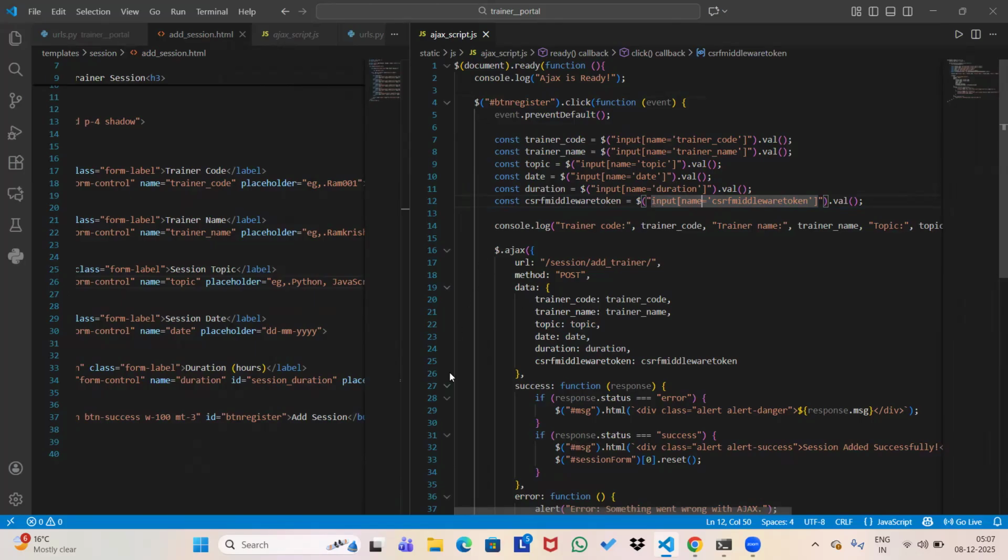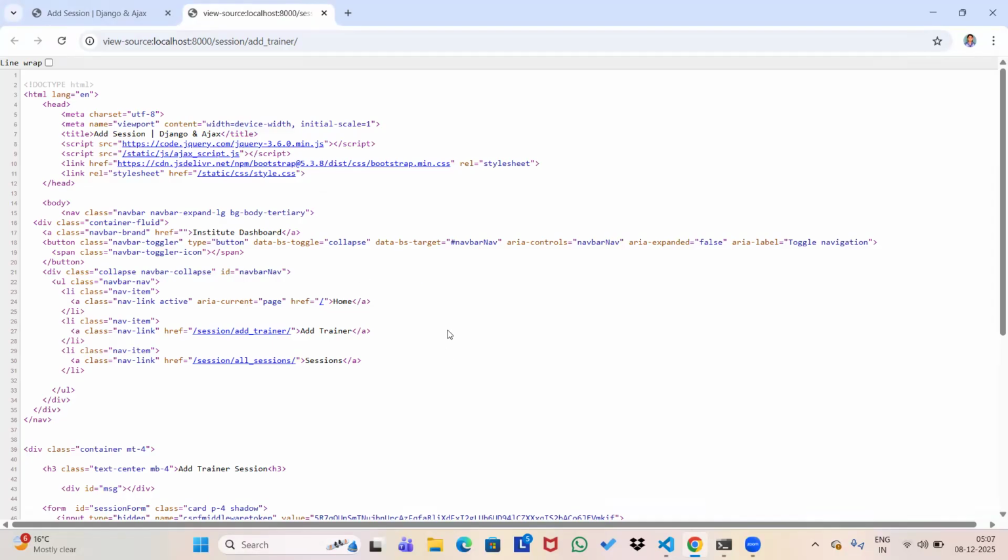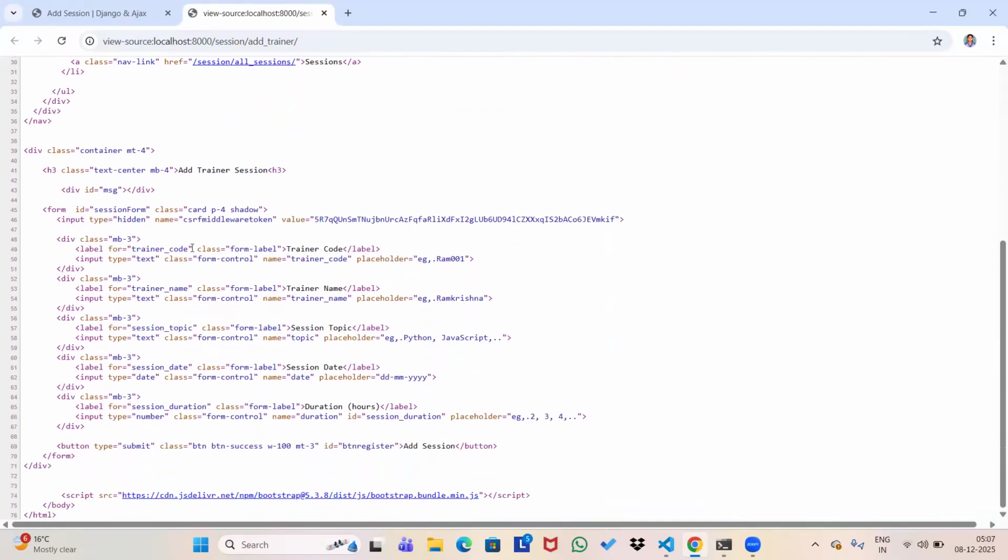So let's go to the web page. If I go to the page resource and view page source, you will see that we have it in the matrix form. First you can see the name as CSRF middleware token, and also the name as trainer code that we have mentioned, and everything will be the same in this way. You can see the name for duration. So that's why we are using